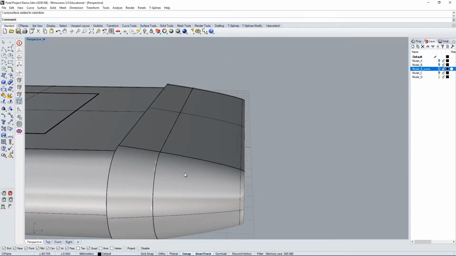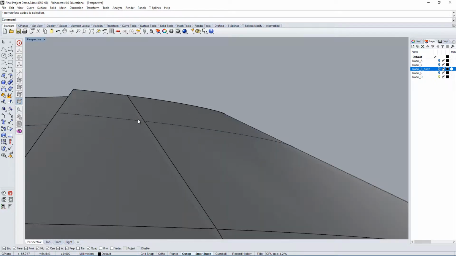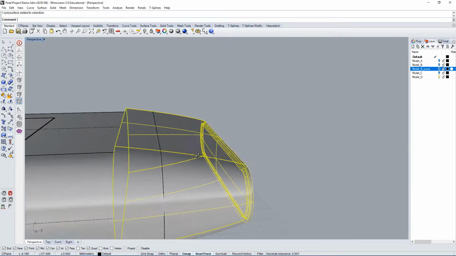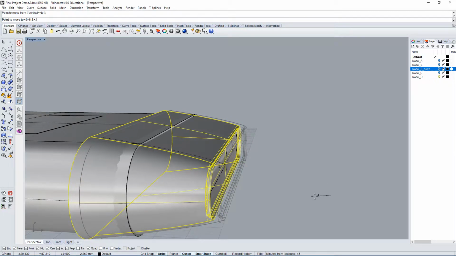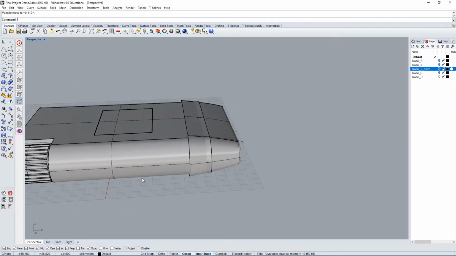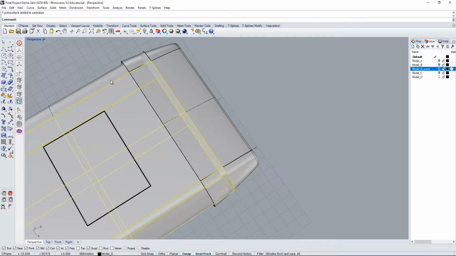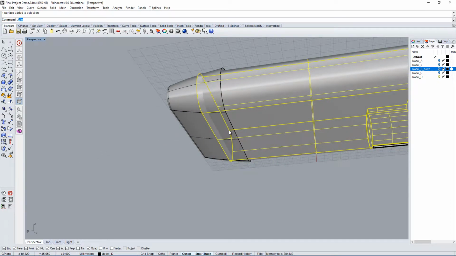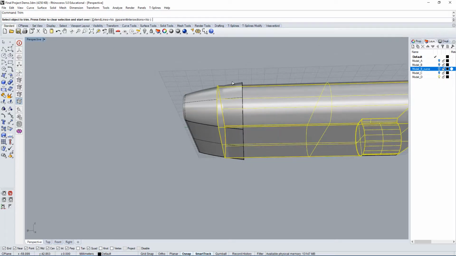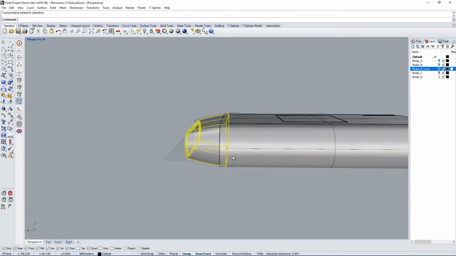But so moving forwards with this object, you can see that it intersects, and it doesn't really intersect enough. There's not much of an intersection between these objects. So the first thing I would do is move this entire object in, and again I'm changing the design slightly. So if this was a problem, then I would rebuild the entire thing and make sure it extends further. But again, for the sake of this demo, I would just click on this one and trim it as it is. Just make everything quick and easy for myself by using the existing geometry as it is.